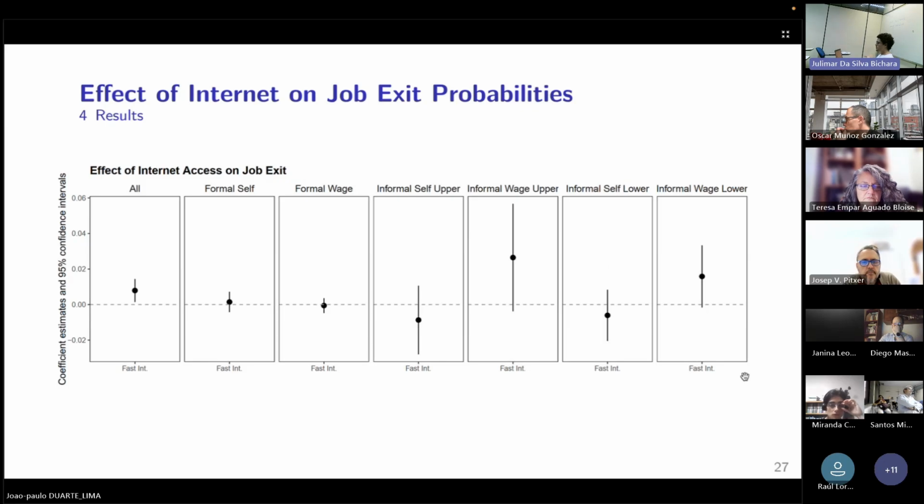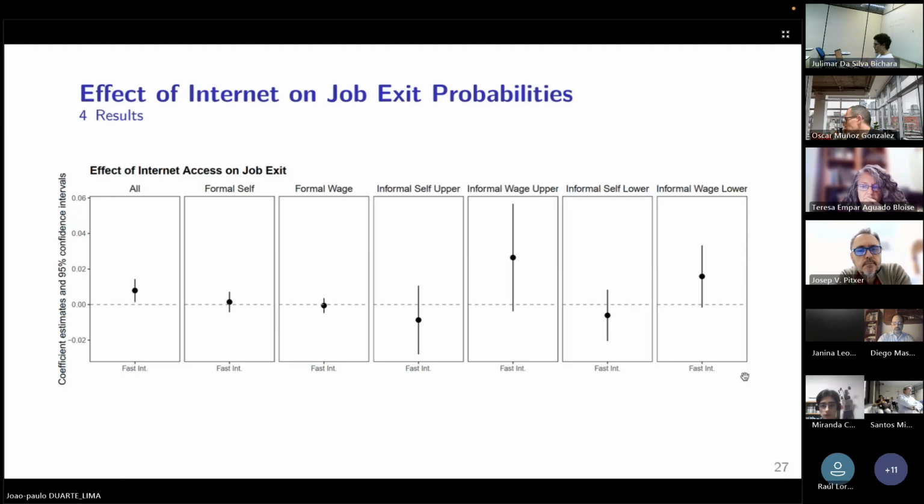For job exit probability, so for the chance of losing your job, there is also a higher chance of losing your job after having an internet connection. And this is true mostly for informal workers too. And this is in line with the last presentation, that it looks like a reshaping of the informal sector is happening. So this is for a 95% confidence interval, like 10%, like the informal wage upper tier and informal wage lower tier,